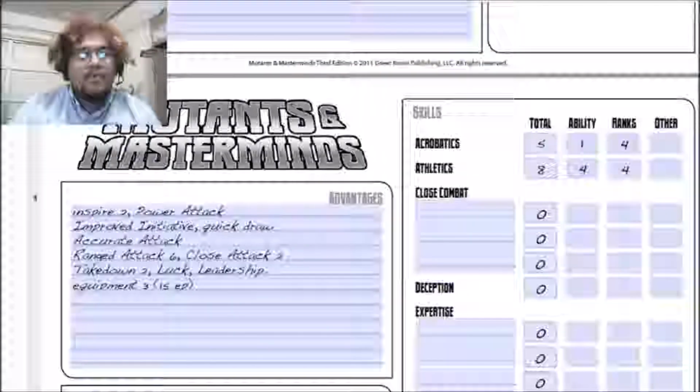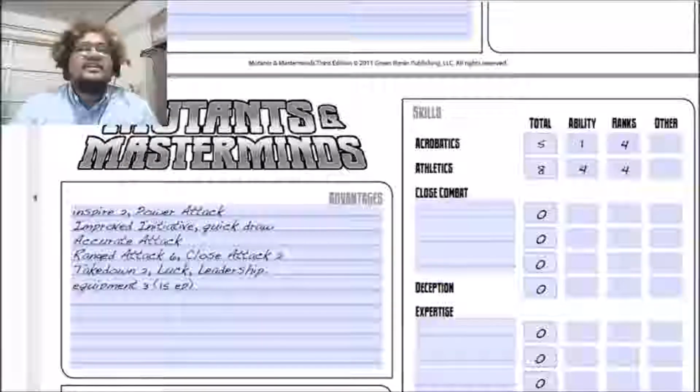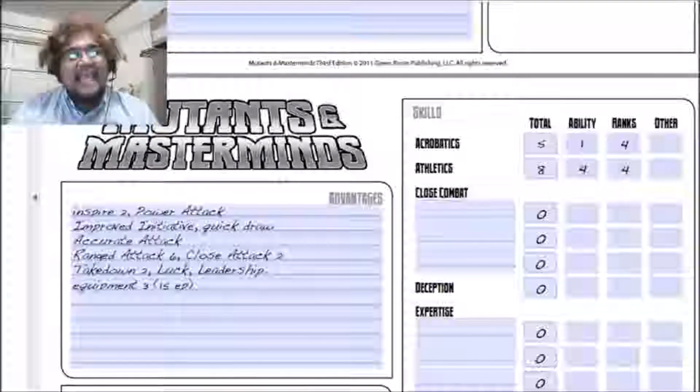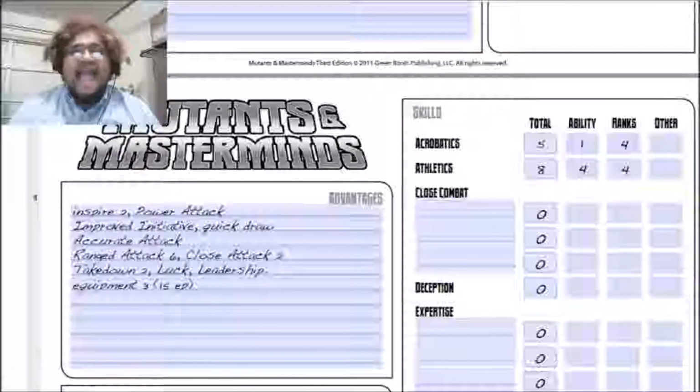So advantages are where things get really expensive. He's got Inspire 2, Power Attack, Improved Initiative, Quick Draw. Now the Quick Draw feat is really important because he uses weapons. Gave him Accurate Attack, Ranged Attack 6, Close Attack 2, Takedown 2, Luck, and Leadership. Now the Ranged Attack 6 means any ranged weapon he picks up, he adds 6 to the on hit,